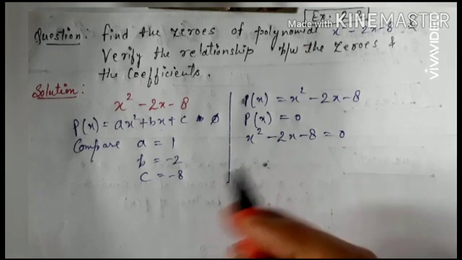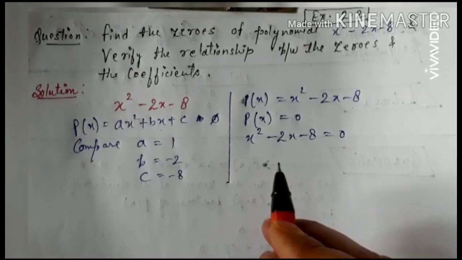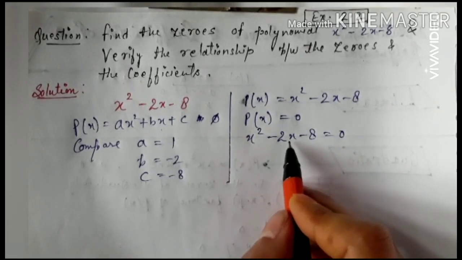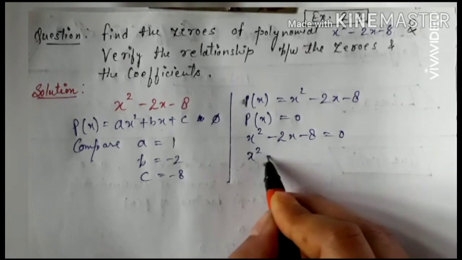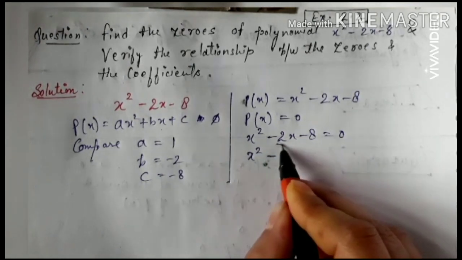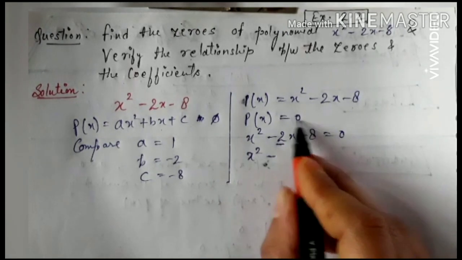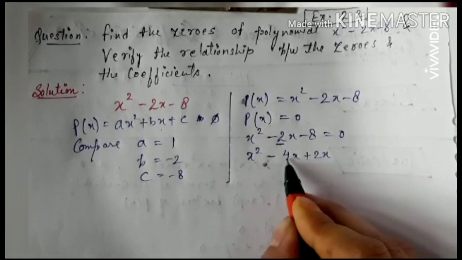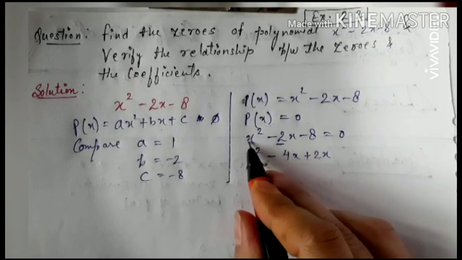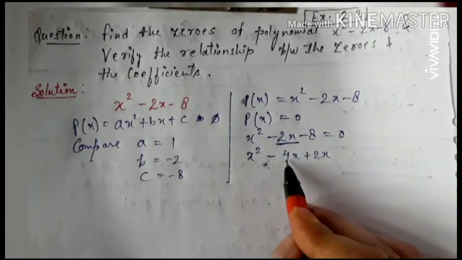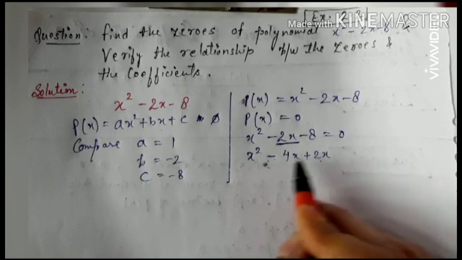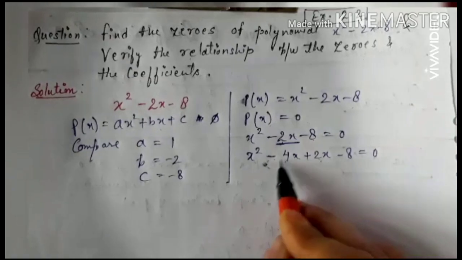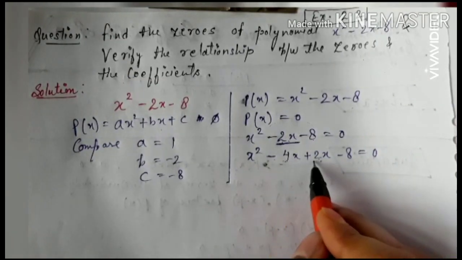With the help of factorization method, or any other method, you can solve this one. So with the help of middle term split we are doing this one. This is your x square minus 2x minus 8. When we multiply minus 4x and 2x, we get minus 8x square. And when we add 2x to minus 4x, we get minus 2x. And this is your minus 8 equal to 0. So we have split the middle term as minus 4x plus 2x.